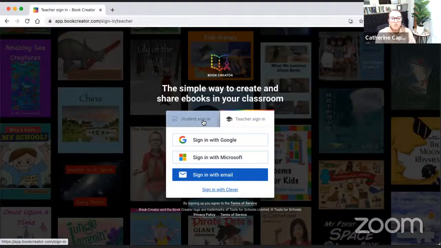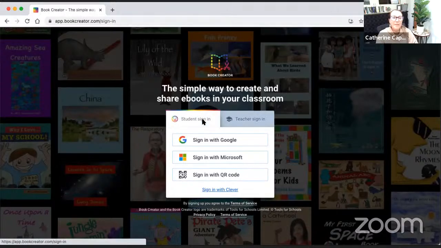What happens when your students sign in, you're going to give them app.bookcreator.com as well. Then they're going to use their single sign-on. When they use their single sign-on, they're going to be prompted with an invite code that's going to say, what is your teacher's library code? There's no student rostering with Book Creator. You're just going to give them this code that I'm going to show you where you're going to find today. And they're going to type that code in, then hop into your classroom library, okay?